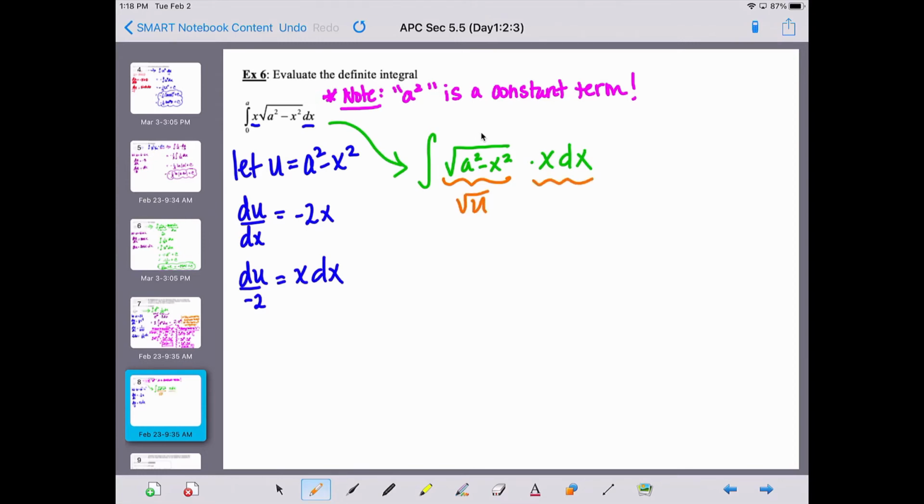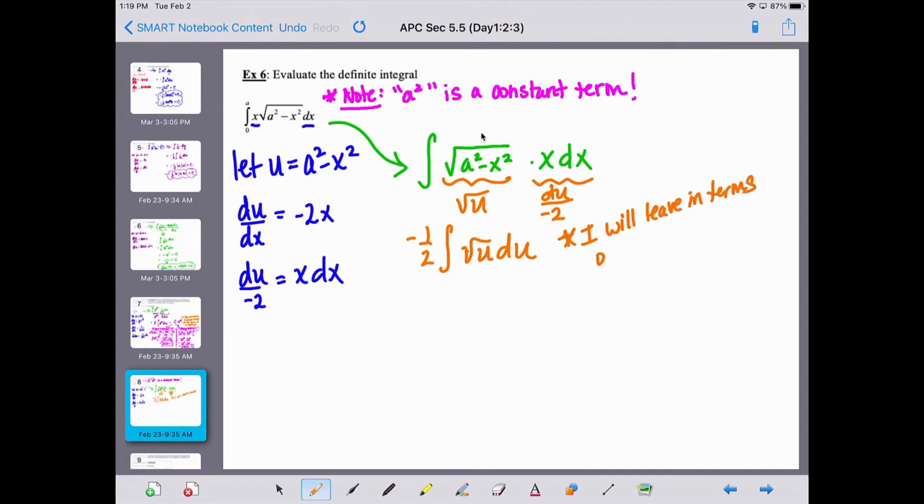And then here, my x dx is going to be represented by my du divided by negative 2. And then I can pull that division by negative 2 out in front of my integral, which would be a negative 1/2 in front of my integral. And then I have square root of u du. And if I want to leave it in terms of u, remember that, so I'm going to write a little note here, I will leave